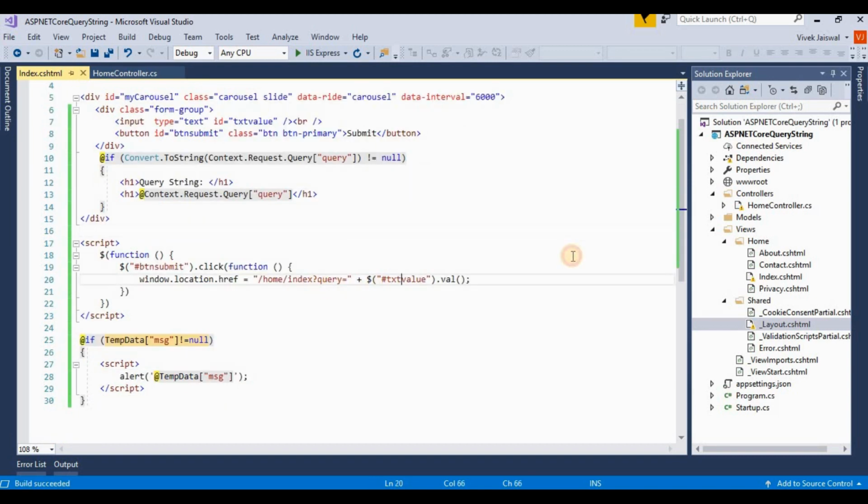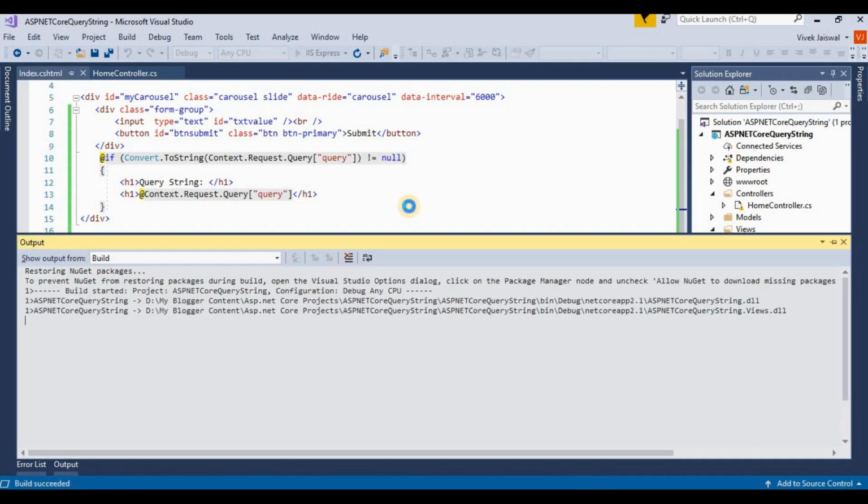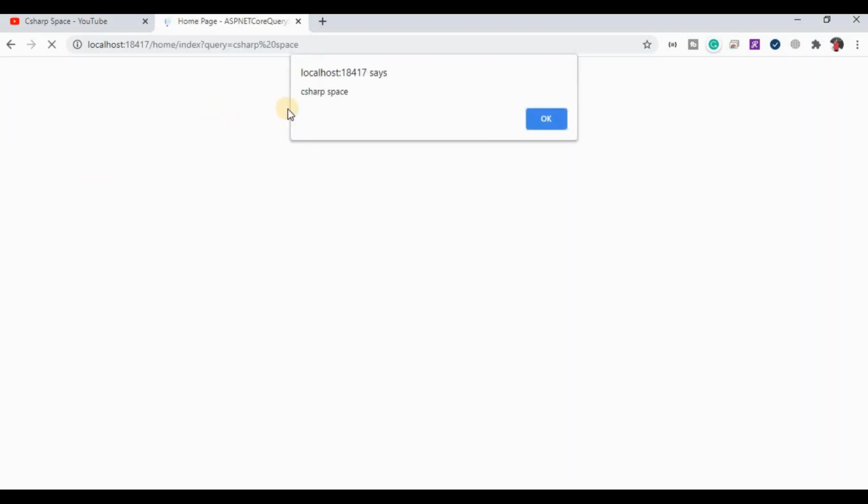Now we run this application, so I'm pressing Ctrl F5 to run this application. Now it is running. By default the Home Index method will be called, so I'm writing here C# Space and then clicking on the submit button.